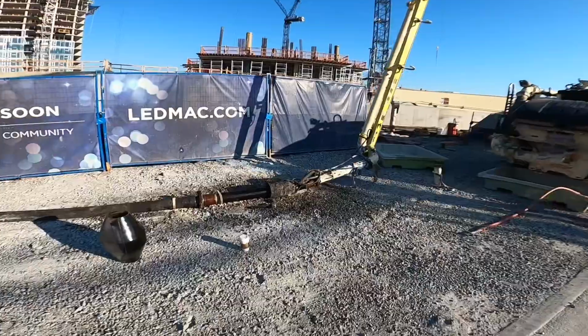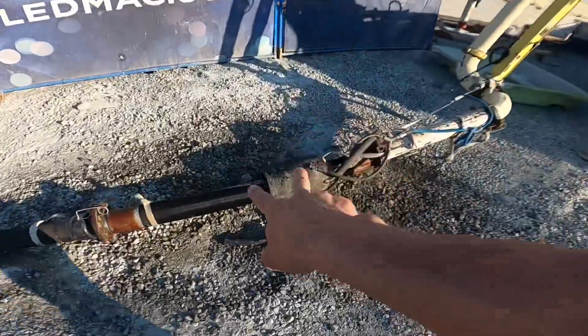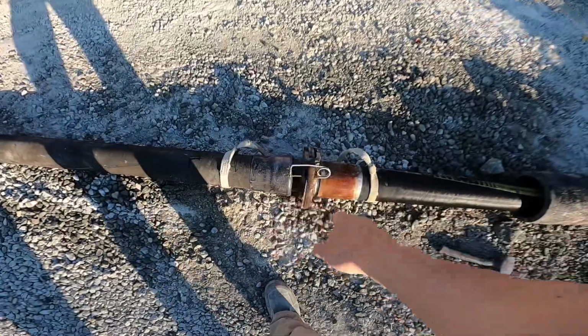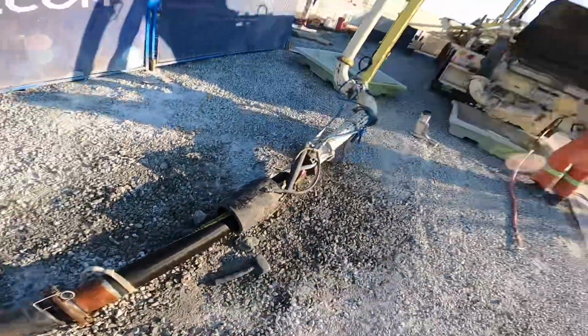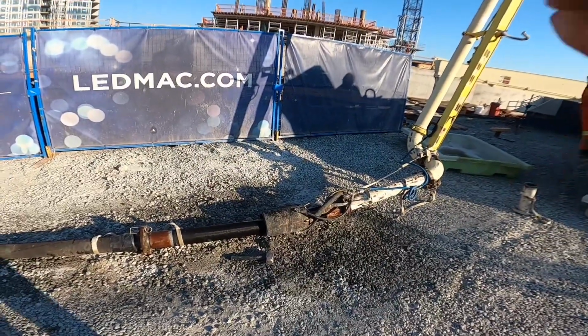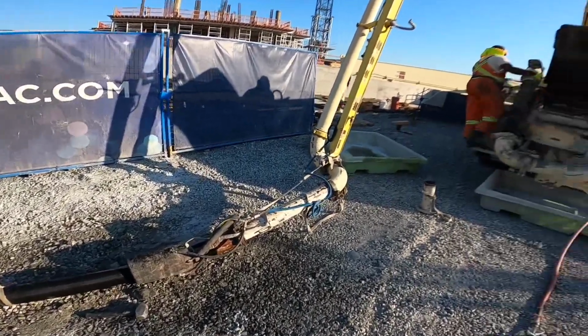All right, so here's what we got in place. Short 4-inch hose, air cuff, 4-inch whip hose, safety sling between the two. Obviously pins and the clamps. So this is how we're going to rock it. What I will say, ideally, when we run 3.5-inch hose, I prefer to run the 3.5-inch reducer right here,